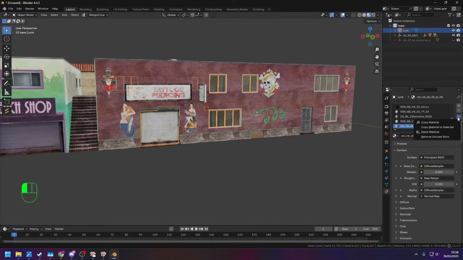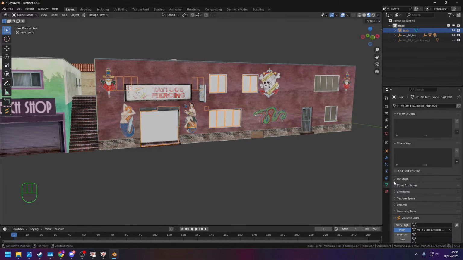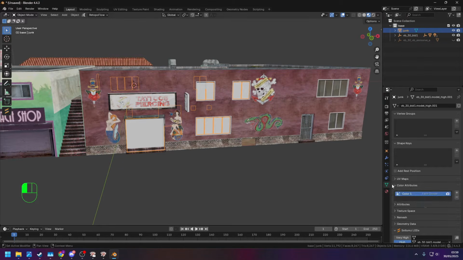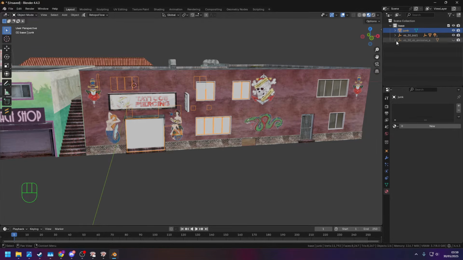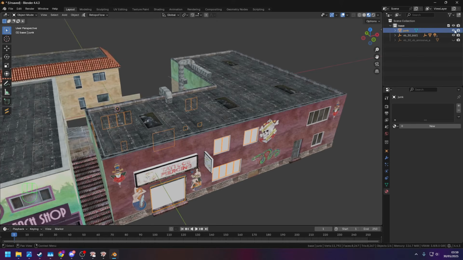Here, click on this arrow, remove unused slots and all the other materials as well. Now in data, open color attributes, remove the tint color attributes because you don't want them as well. Actually, you can even remove the color 1 attribute because you're not gonna need that. And now when it's all cleaned up, we can hide it,